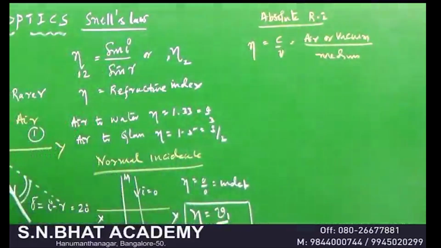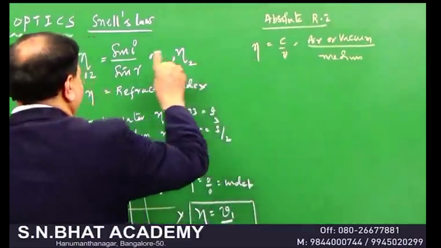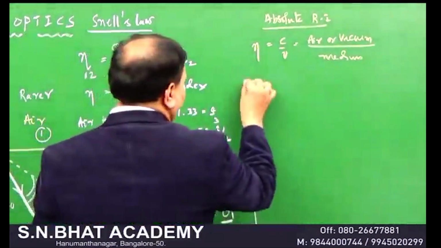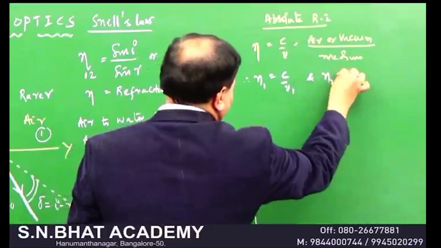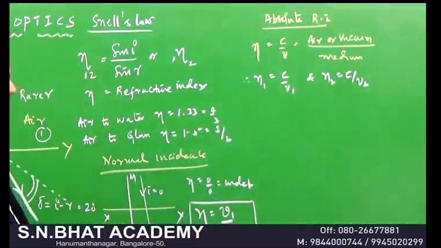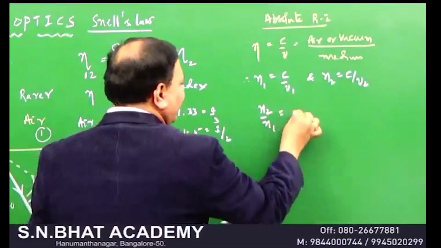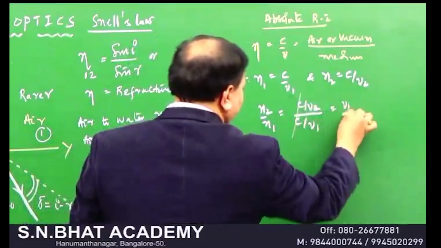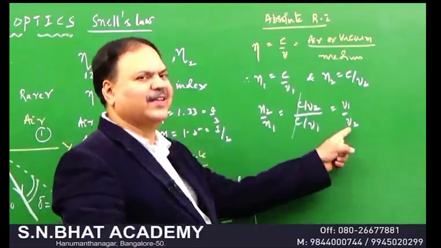Very important it is. Then let us calculate the relationship between the absolute refractive index and the relative refractive index. As you know, for the first medium we can write n is equal to c by v1, and for the second medium c by v2, and it's very important. If you divide one by the other, that is n2 by n1, c by v2 divided by c by v1, the c gets cancelled and it is v1 by v2. Remember this, refractive index and the velocities are inversely related.